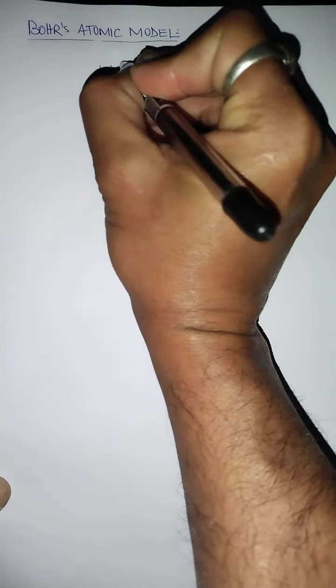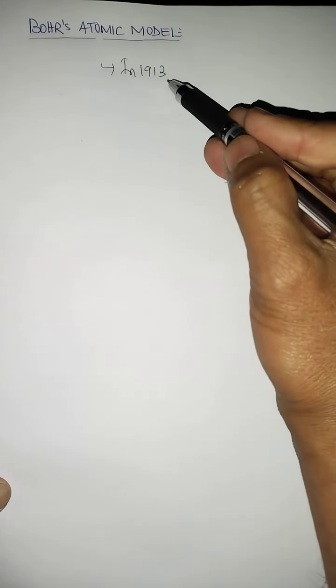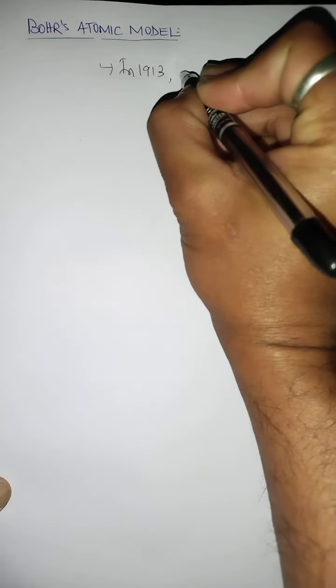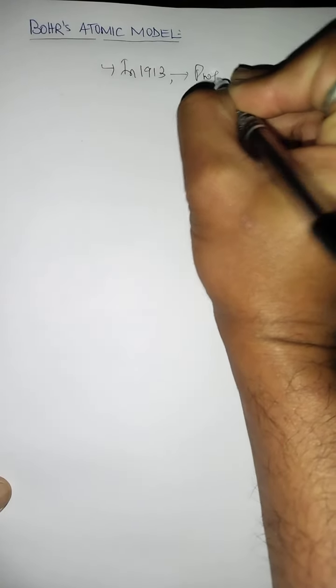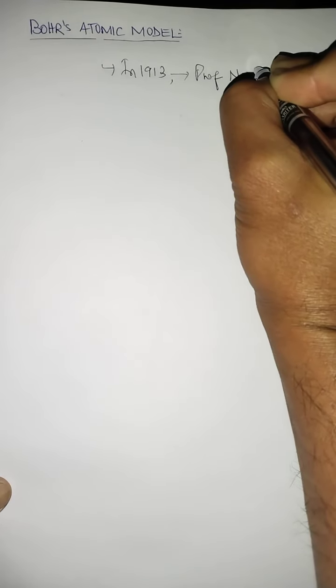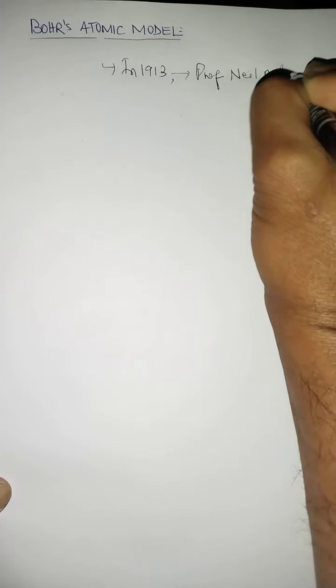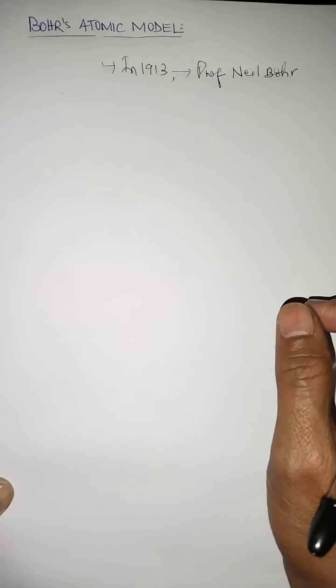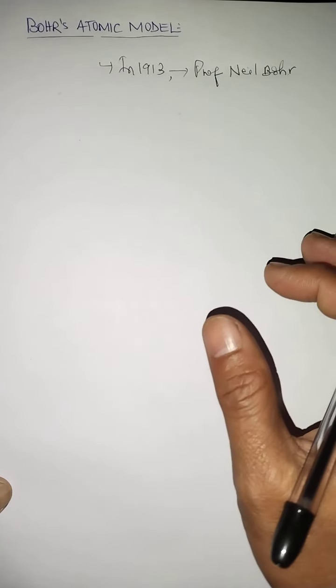So I'm writing the year 1913. Look at the year 1913, it is 2 years after Rutherford made his model, because Rutherford made the model of an atom in the year 1911. So in the year 1913, Professor Niels Bohr proposed and removed the difficulties that were found in the Rutherford atomic model by introducing